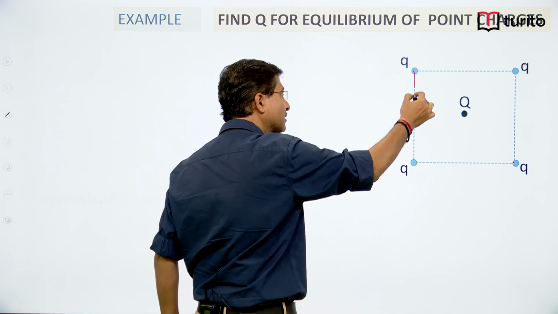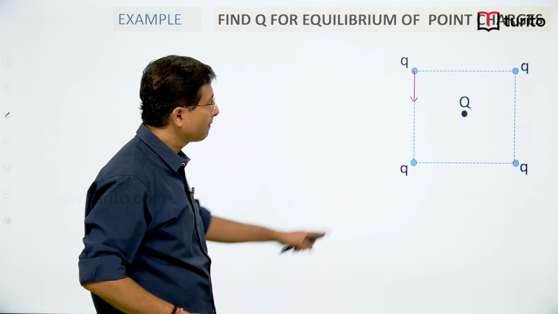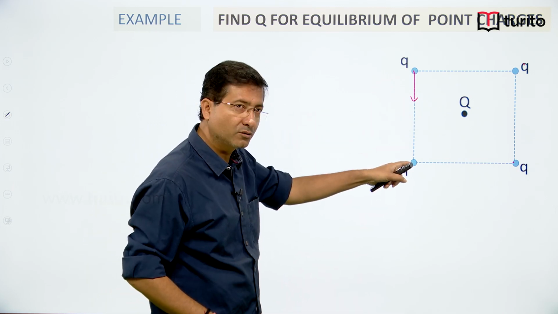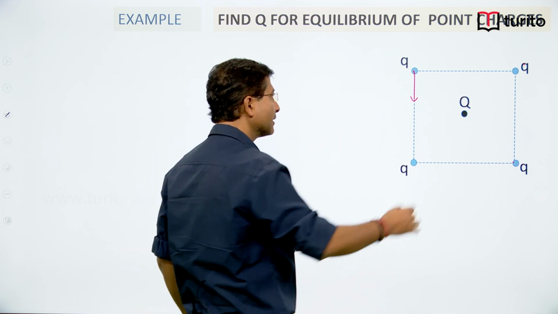This q will exert force like this. This q will experience force due to this one this way, and this q